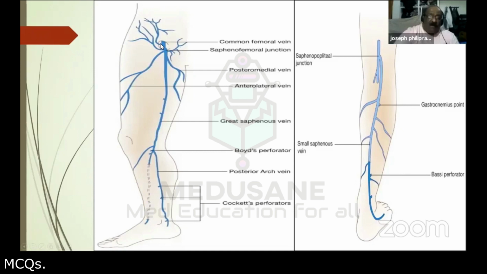So these three are the common tributaries which have to be ligated flush, and then the saphenofemoral vein has to be ligated flush at the junction. So these named tributaries are very important. One is the superficial external pudendal, superficial epigastric,